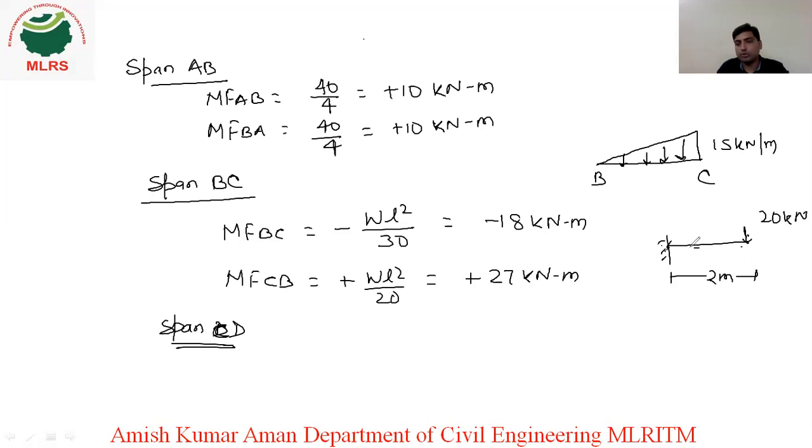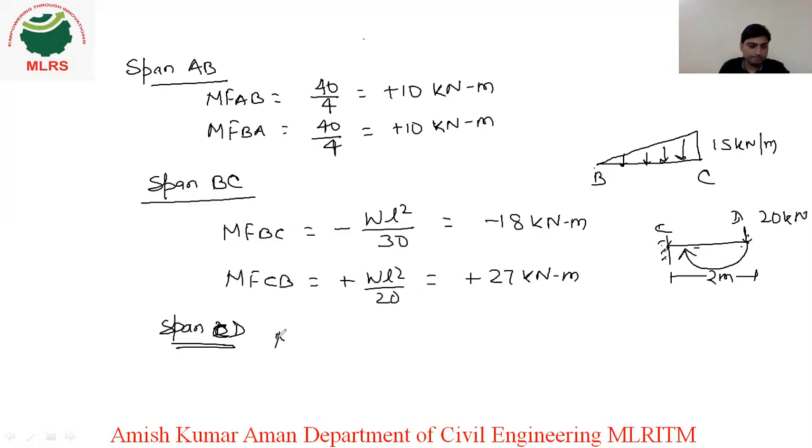Just like BC we have two, BC and CB, but here it will be only for CD. Only one moment. So what will that be? 20 into this distance. Which direction is this? This is clockwise direction, and we know the moment developed in the direction, we apply the moment in opposite here. So we will apply opposite moment here, so we will get minus.